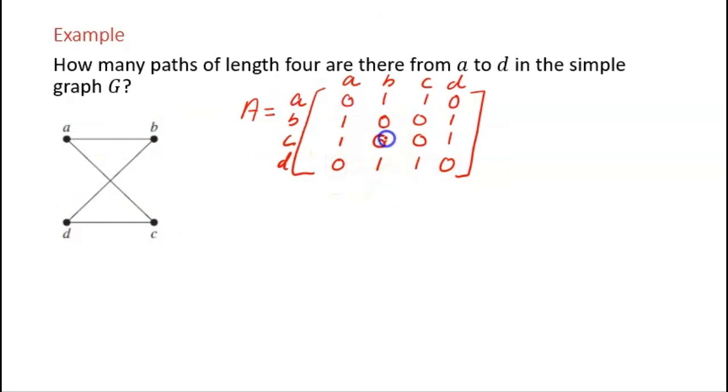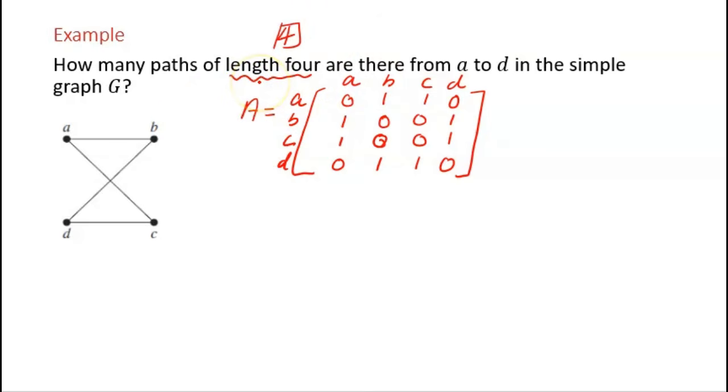So this is the first step to find the path of any given length, and here they are asking me to find the path of length 4. That is what we have to find. So what we did, we just first wrote the adjacency matrix. And one thing is clear, that the way we have labeled the vertices, if I have to find the